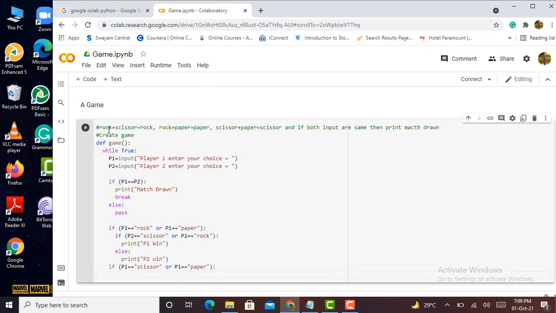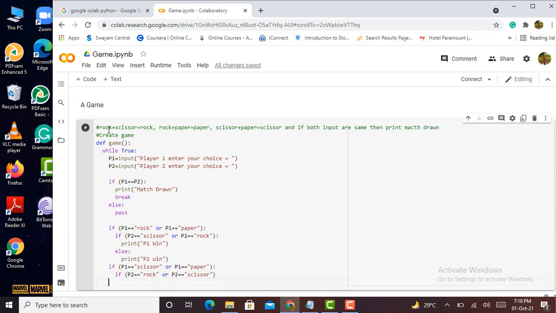And here also I can use a nested if else statement. So over here I write P2 rock. P2 will give input as a rock, or again P2 will give input as a scissor. Then the code has to print